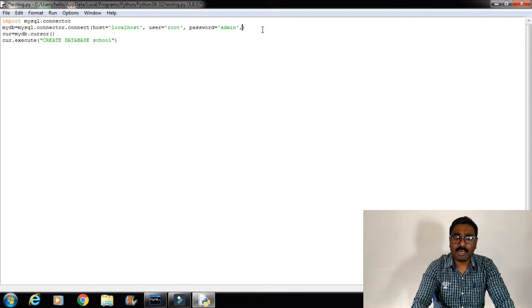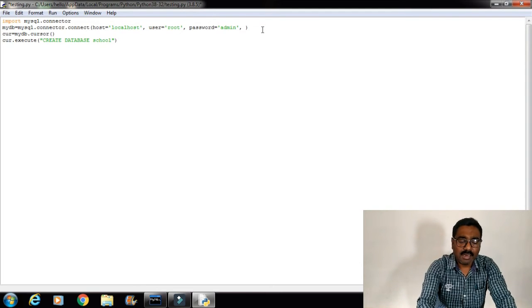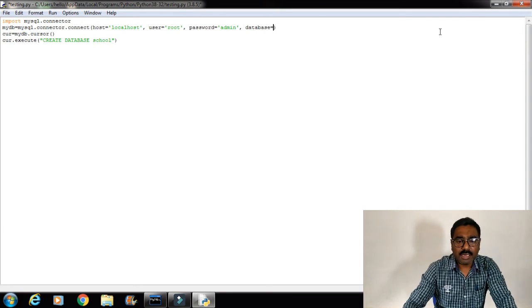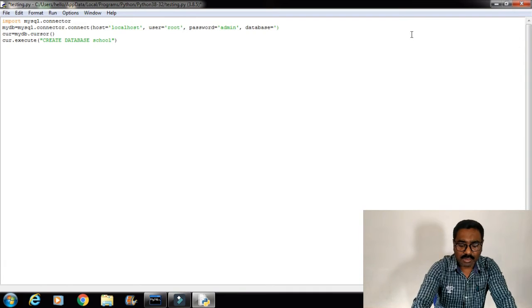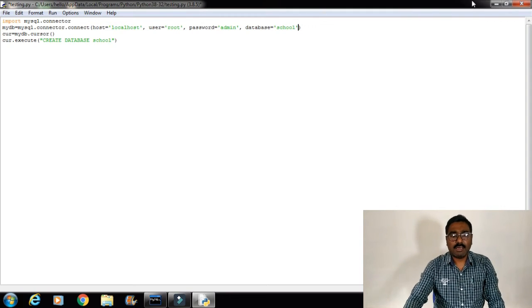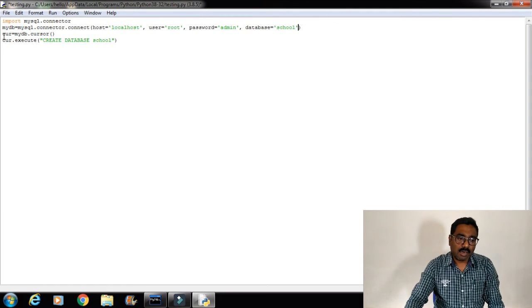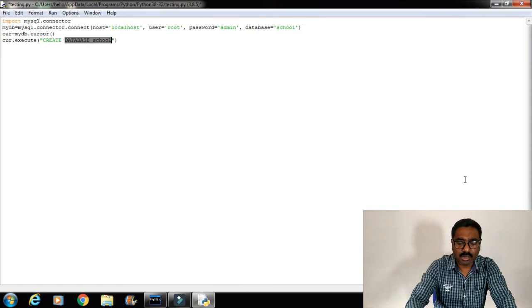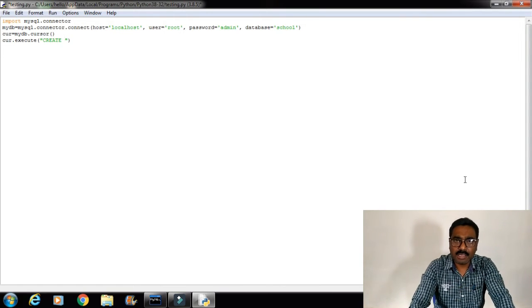For using the database, I have to pass another parameter, database is equal to the database name. In our case, the database name is school. Now, in place of create database school, we have to use the command for create table.